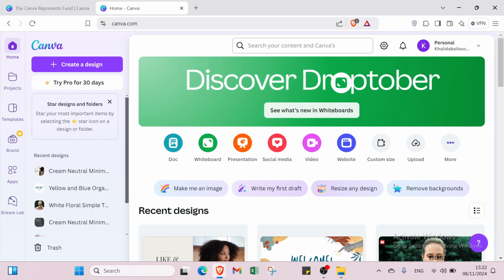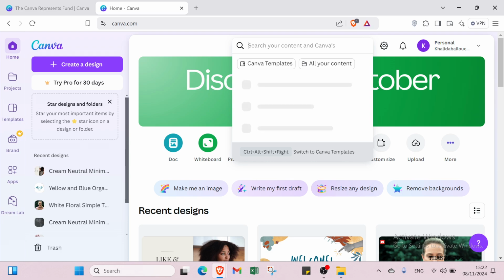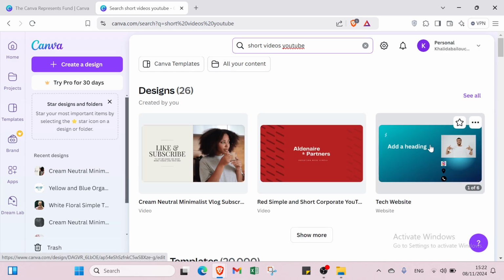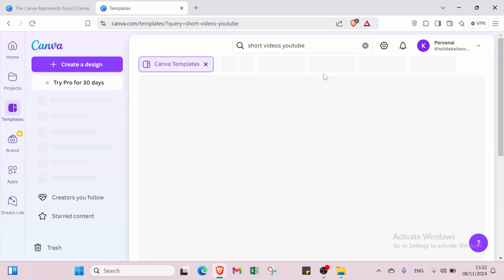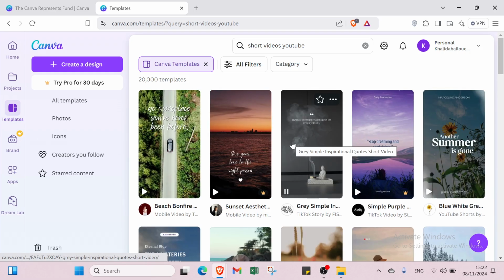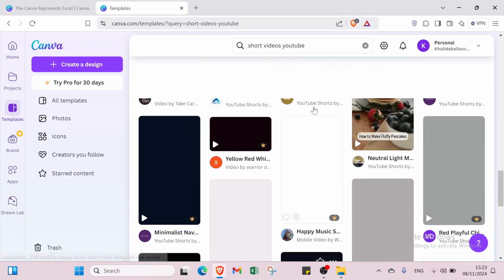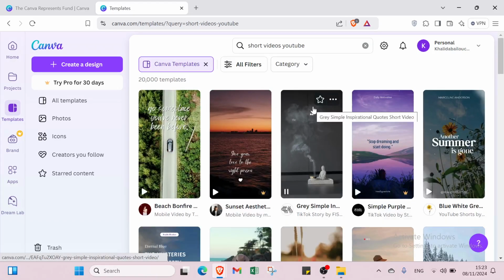So all I have to do right now is click over search your content and Canva, and you search for short videos YouTube, like that, and I will just dive into it and you will find the various templates here, as you can see. You'll find various templates with different types. You can just select the one you think is better. As you can see, we have 20,000 templates. It's very hard to see all these templates and select the best one, but right now I will show you one step that could help you and facilitate your